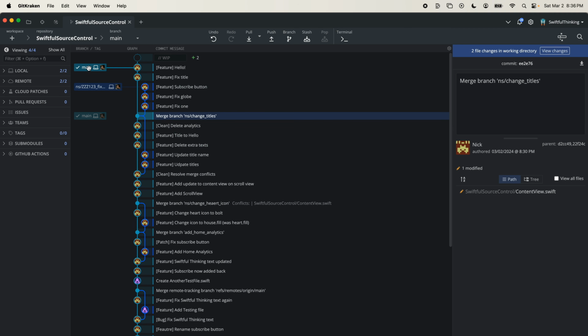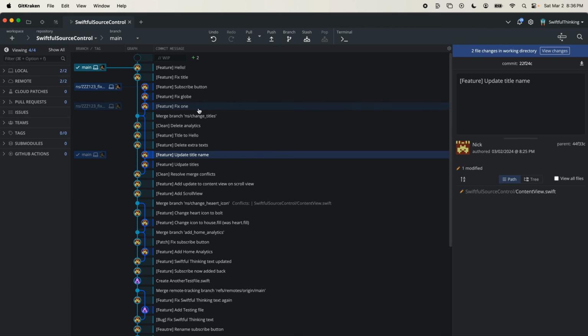So we're back in the situation again where we have our branch. We want to merge the changes from this branch into the main branch. Now, in the last situation, we merged it in. So these commits stayed where they are in the Git history. And sometimes that's what you want. Sometimes it does matter the order that these were committed in and the timeline, the actual time of when these commits happened matters sometimes. But for most of the time, a lot of the time, I would say it doesn't